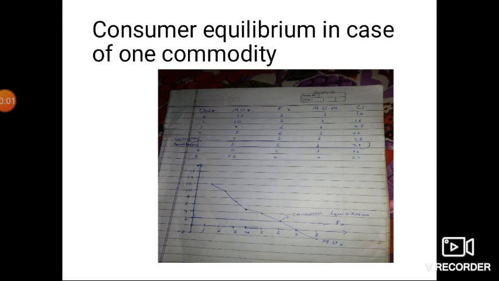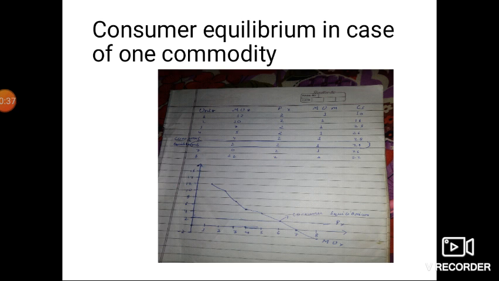Student, yesterday we discussed consumer equilibrium and its concept with an example, a rational consumer, an irrational consumer, and the meaning of consumer equilibrium. Today, out of three approaches, I'm going to teach you the first approach, consumer equilibrium in case of a single commodity,